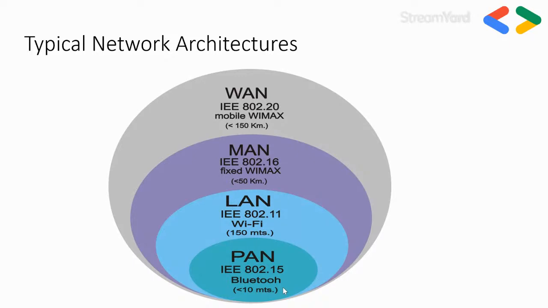So the typical network architecture: we usually have personal area networks, which we can cover pretty much by Bluetooth, less than 10 meters, everyone's happy. Then we go up to a wider area, local area networks. We can do that with Wi-Fi. I think this is what we have in our homes. Then we have metropolitan area networks, less than 50 kilometers, within a city range or so. And then a wide area network, which is basically the internet. We're dealing with multiple cities, etc.